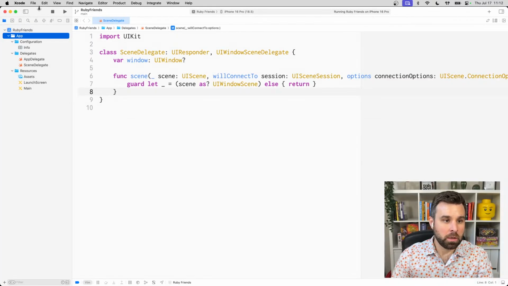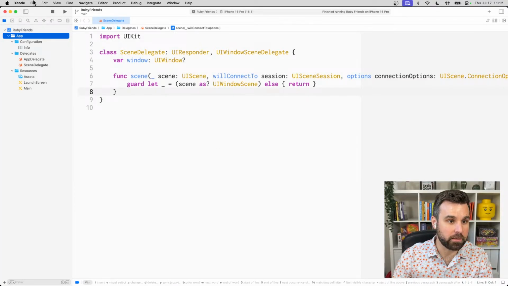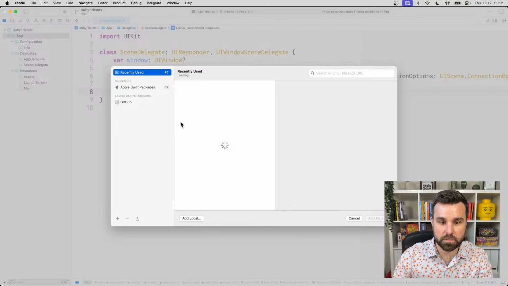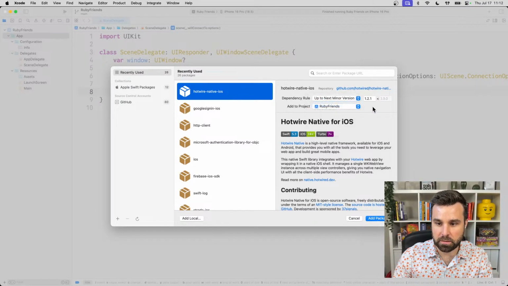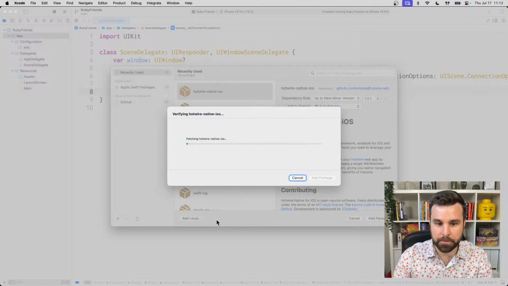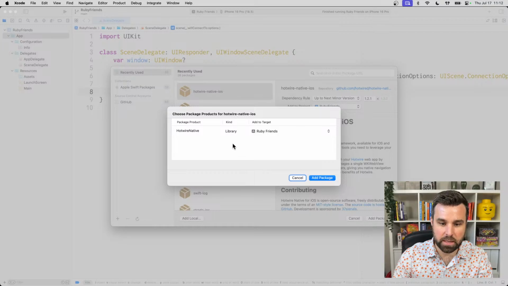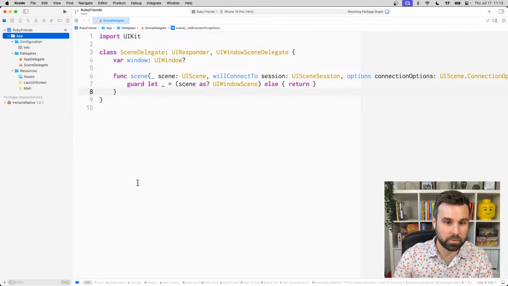So, Hotwire Native, let's go. File, new, add package dependencies. We're going to add Hotwire Native, which is probably going to be that first one. Up to next minor, 1.2.1, because we're still releasing breaking changes at every minor release. So if this goes to 1.3, I don't want our app to break. Add package, make sure it's set to the library and Ruby Friends target. Do a command B to build it, and we're good. So we have all of our code here. We can start importing it. I am going to import in